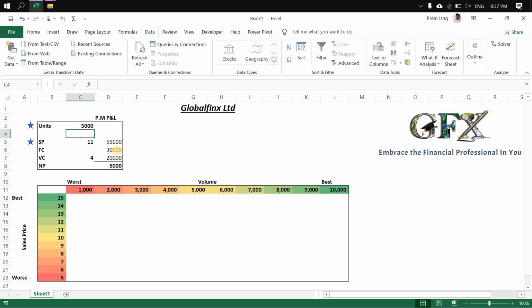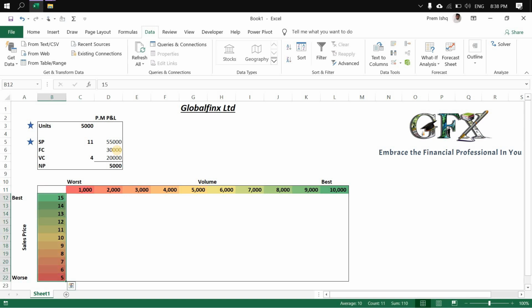So taking a simple example, the company is selling only 5,000 units at the sales price of 11 rupees. Total sales work out to 55,000, and hence total cost works out to 50,000, and thereby a net profit of 5,000 is achieved. So the management, before starting its operations, wishes to have net profit calculated for each of the possible outcomes. With respect to sales volume, in the worst situation it can sell only 1,000 products, or in the best possible situation it may sell up to 10,000 units.